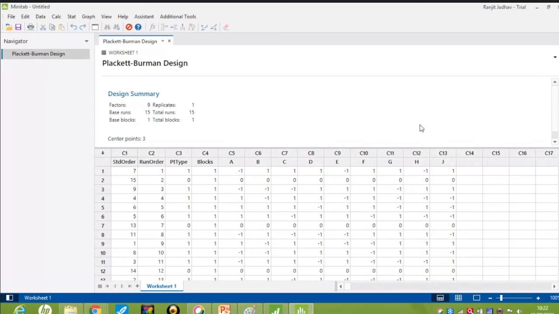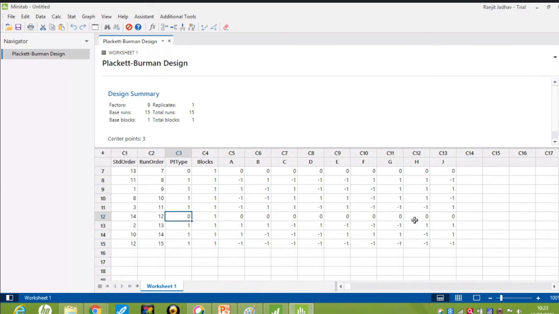That is because we have added 3 center points. 12 runs for the regular design and the 3 center points. So that is the 0. Here we can see these 3 zeros are for the 3 center points, and with -1 and +1, the center of -1 and +1 is the 0.